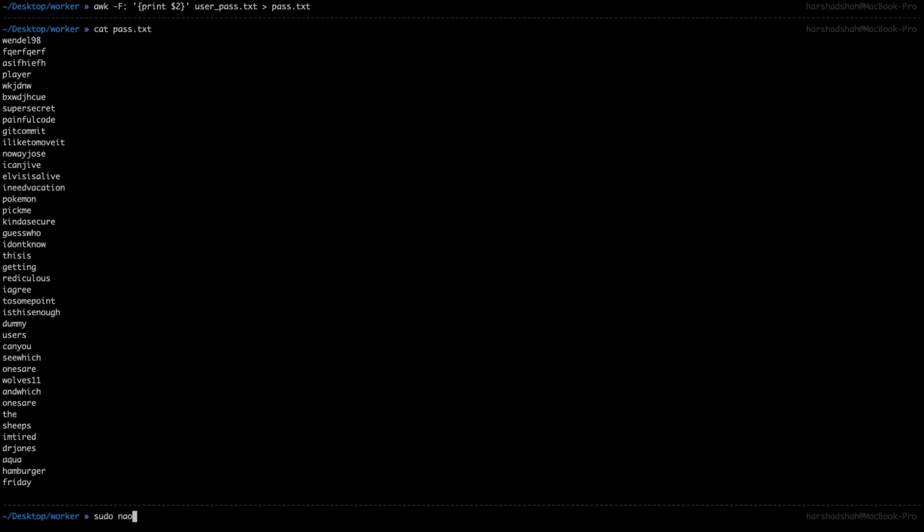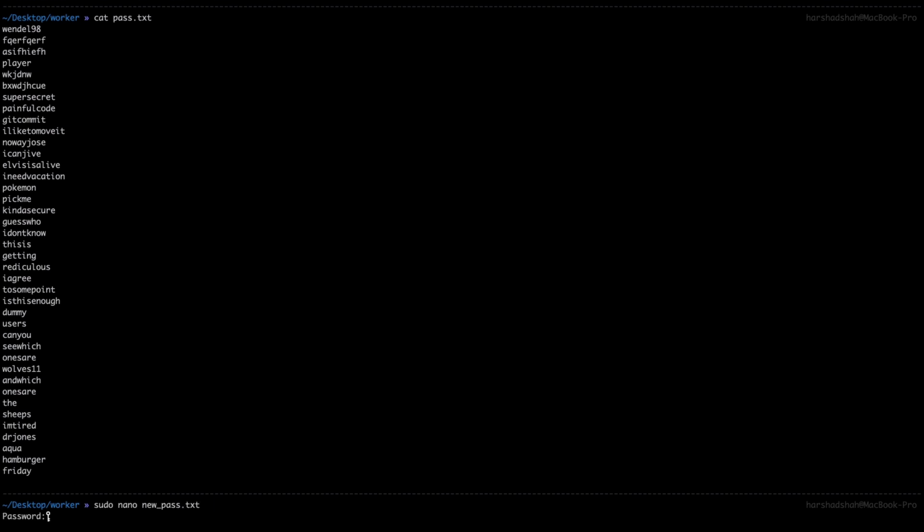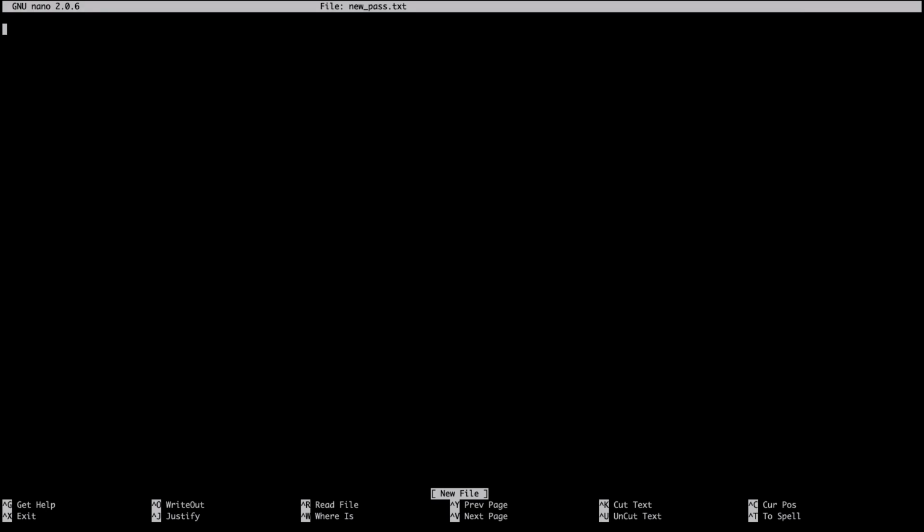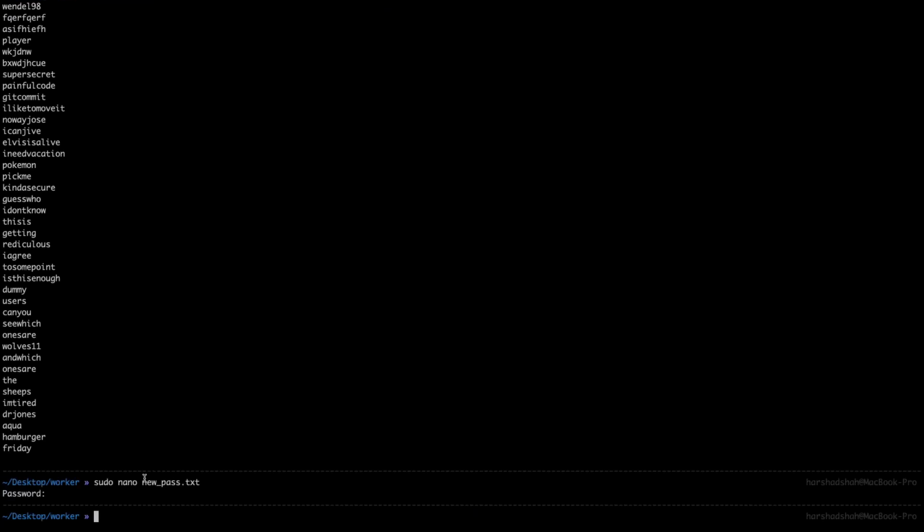I'll use sudo nano and create a new pass.txt file. I enter my credential, and after that I need to paste this password and separate this section. So enter, and here we have user equal to, and this will be typed as password, pass equal to. Control O to save, control X to quit. Now we got this user, by the way.